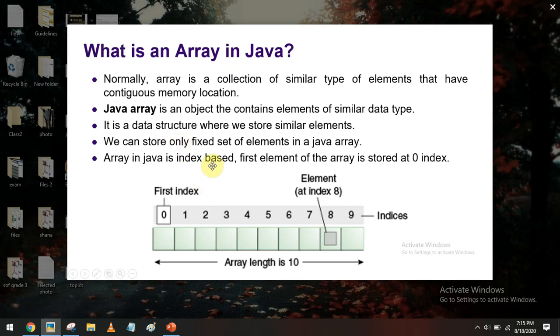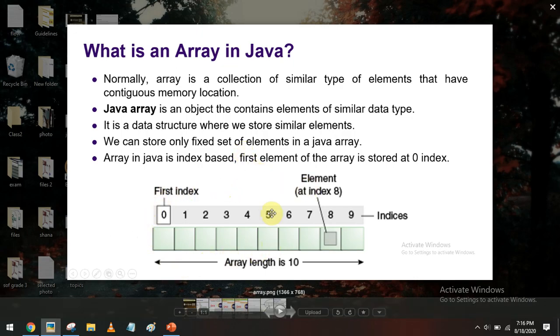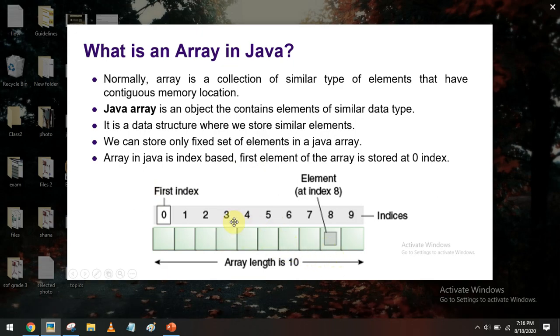Also, a very important thing is that a Java array holds a fixed set of elements. Once you create an array, the array size is fixed, we cannot change the array size. And one more thing, an array in Java is index based, where each and every value is stored based on the index. It starts from the 0th index, the first value is located at the 0th index, followed by the remaining values. It is a continuous memory allocation inside the array object. And if you know the index, we can access the values.